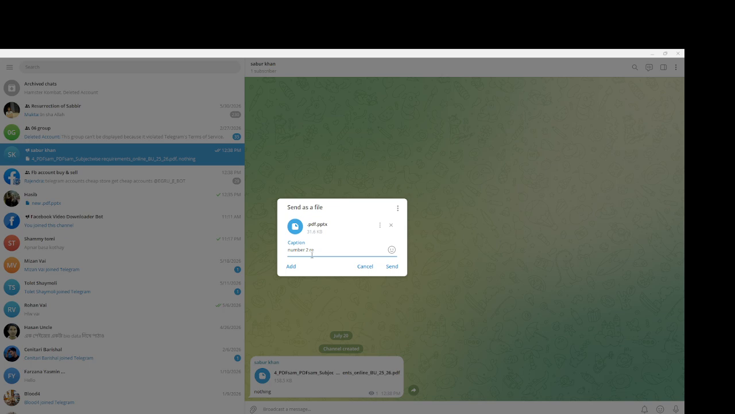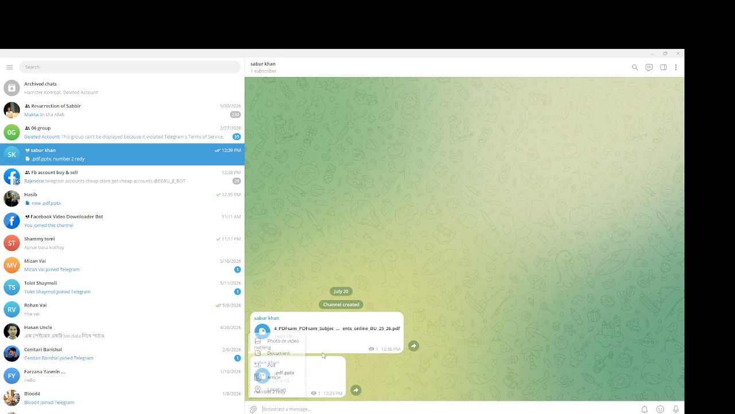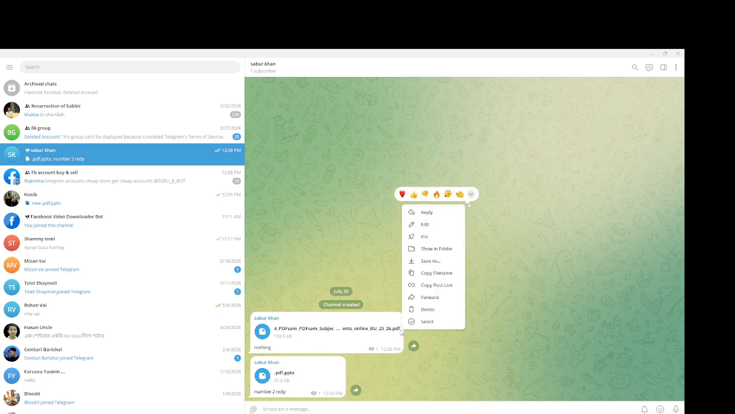Telegram will now upload and send the large file to the selected chat. Wait until the upload process is completely finished. Once the upload is complete, the large file will appear in the chat and the recipient will be able to download it. And that's it. You now know how to send large files on Telegram using